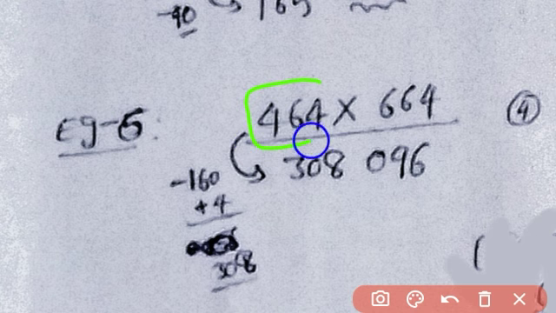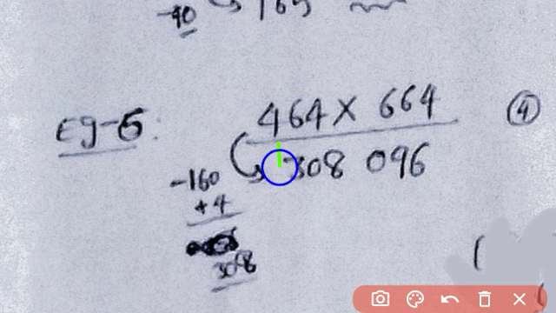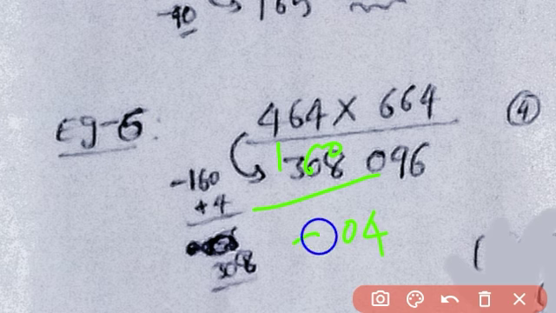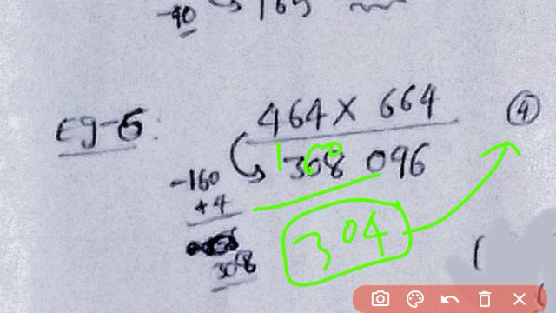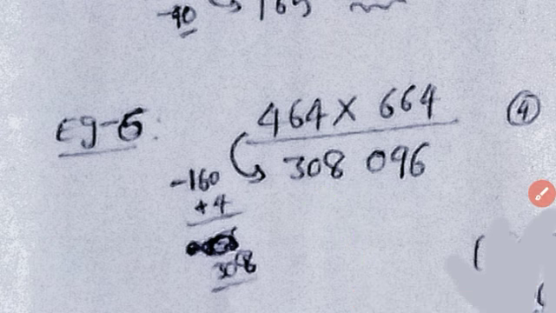See, we have 464, that means 400s into 4 divided by 10, you get how much? 160. So subtract 464 with 160, how much will you get? 4 and 0 and 3, 304 you get, and add that with the carry forward number, 304 plus 4, you get how much? 308. Just pause the video and revise, you will get the trick.